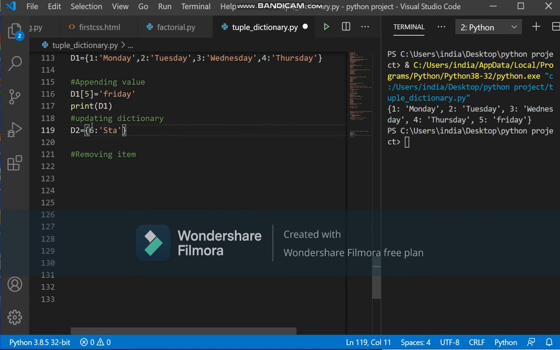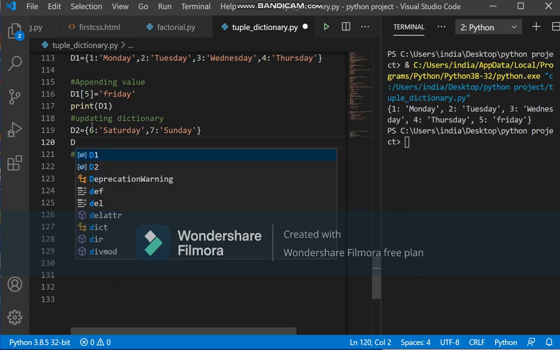So 2 more items we will include. Now update.